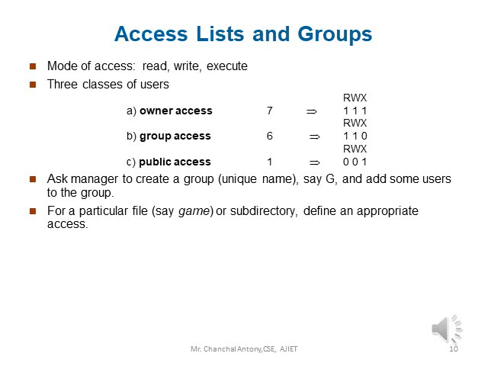Generally, for public access, we never give much execute permission, we only give the read option. For the group we give read and write. And for the owner we give read, write and execute. If you want to create a group, initially you need a manager who can take care of the group. He has to create a group with a unique name and add the users to the group. This is related to the security part.